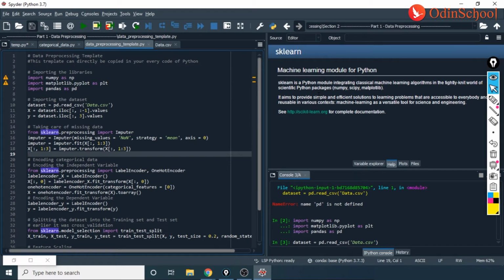It aims to provide simple and efficient solutions to learning problems that are accessible to everybody, and it tries to resolve them. So guys, for all those of you who have a query if scikit is important or what are some important machine learning libraries, I would suggest all of you to start working with scikit or sklearn ASAP.